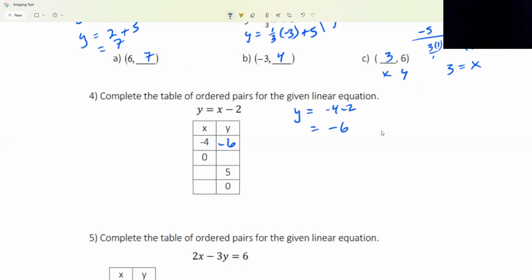And that's all you do with it. So you put 0 for x. Okay, -2, so you get -2. Okay, and then you turn around and say, oh, okay, well, I'm going to put in -2 for